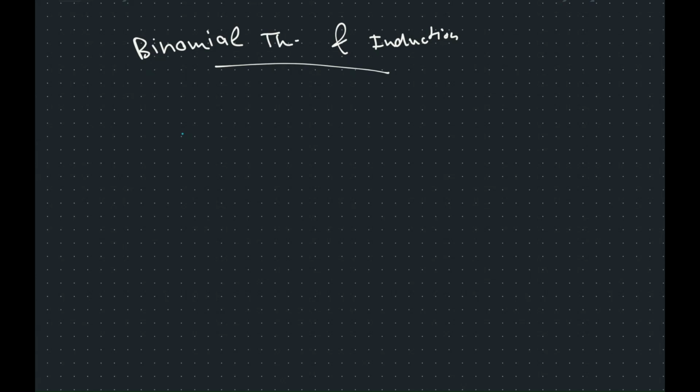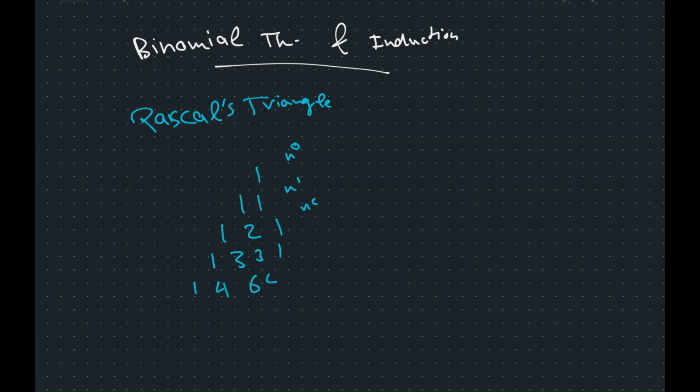Now I bet you probably remembered some sort of triangle, and yes, indeed, it is the Pascal's triangle. And what is it exactly? For those who don't know, it starts with a 1, and this is n to the power of 0, and then we have 1, 1, that's n to the power of 1, and then we have 1 times the sum of these two, plus 1, this is n to the power of 2, and then we have 1, 3, 3, 1, and then 1, 4, 6, 4, 1, and then 1, 5, 10, 10, 5, 1, and so on